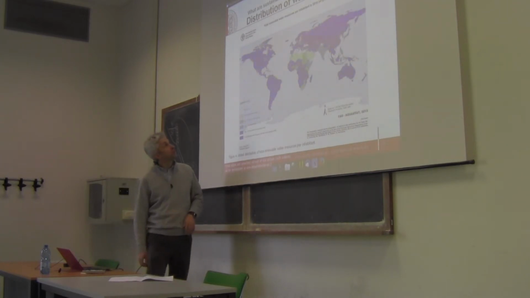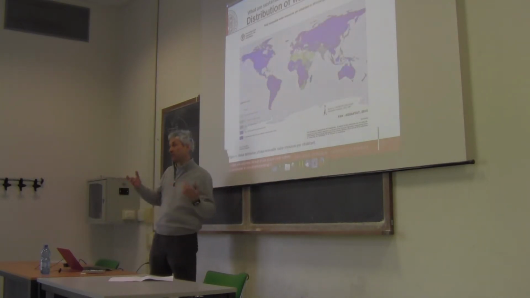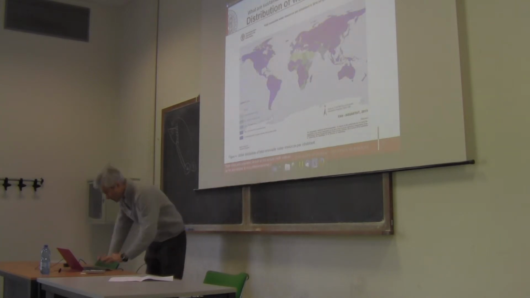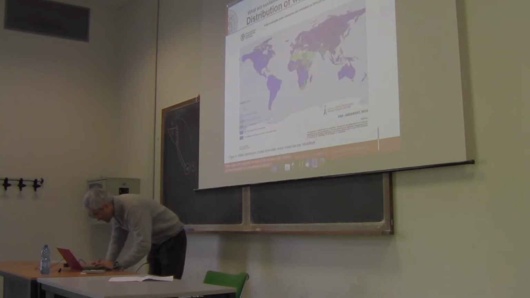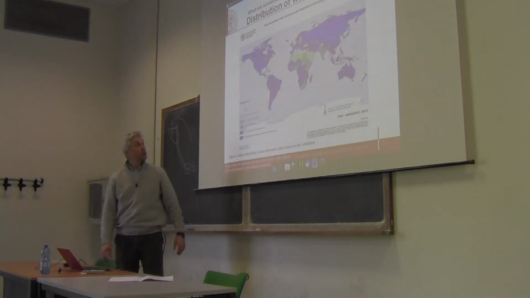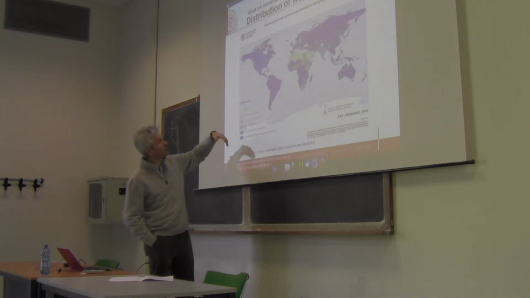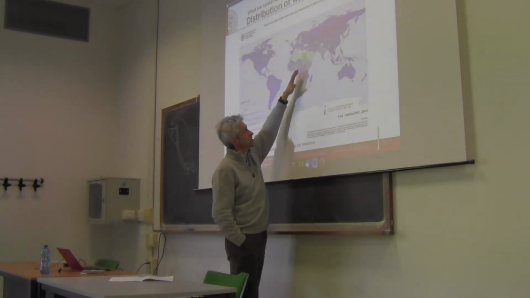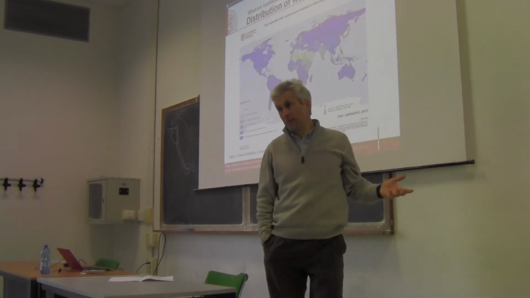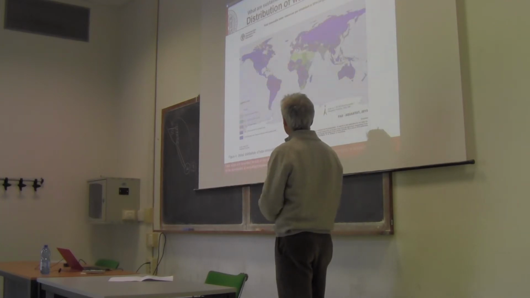This is the distribution of water resources, and it basically reflects the distribution of rain, not everywhere, but still. And not really everywhere, but here the dark blue is a lot of water, the light blue is less water, the green is water scarcity, etc. And again, this is a picture that allows you to get an overall